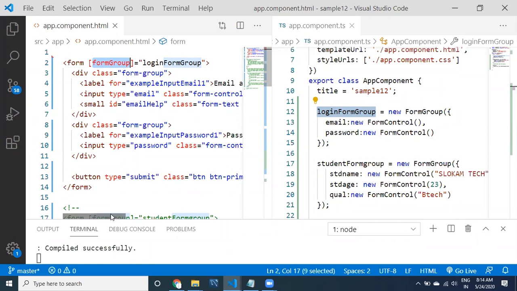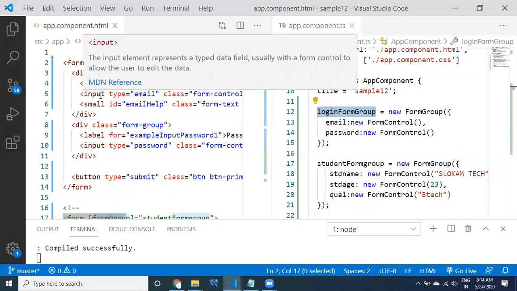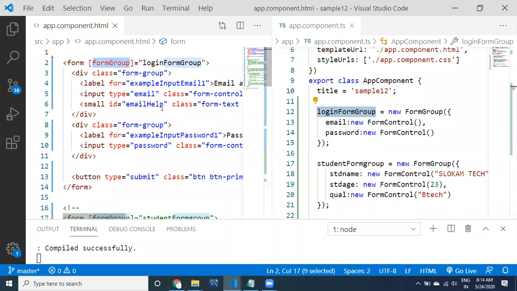So you need to import the ReactiveFormsModule into your app module, because we are writing the code inside the app module. When you import ReactiveFormsModule, you have to import FormsModule also, because ReactiveFormsModule depends on FormsModule.